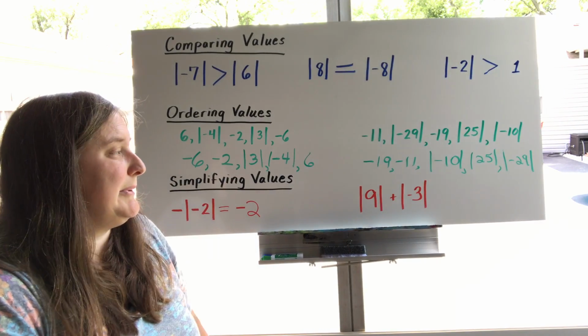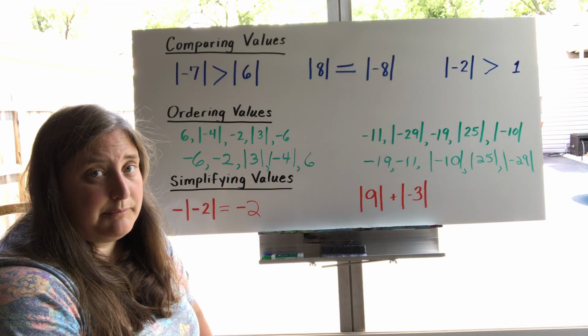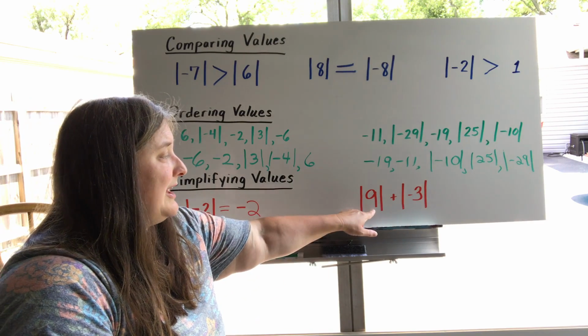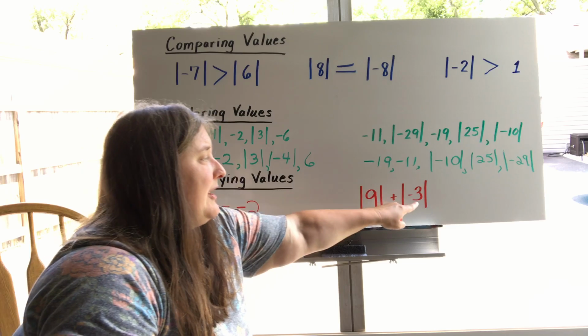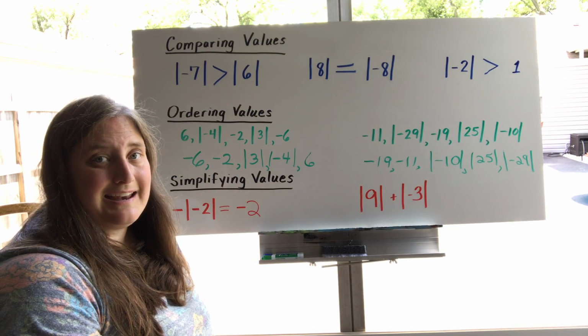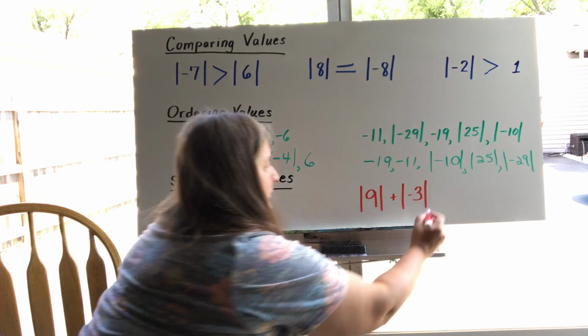In a case like this where we're being asked to add two things that are in absolute values, I would want to solve the absolute values first. The absolute value of 9 is 9. The absolute value of negative 3 is 3. So I'm actually just adding 9 and 3 here for a grand total of